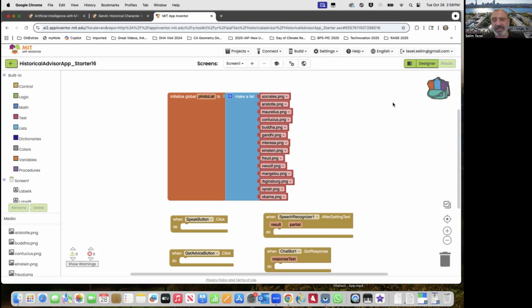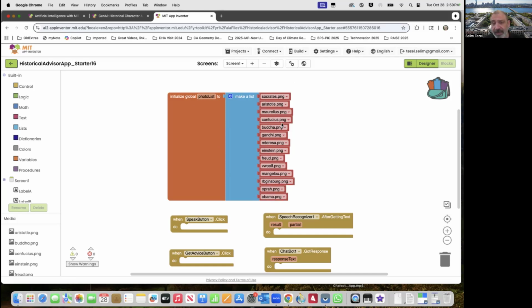The only blocks that are given to us here are the following. First, we have a global variable called photo list, where you have a list of all the images of the historical characters. And observe Socrates, Aristotle, Marcus Aurelius, Confucius, Buddha, etc., all the way to Obama.